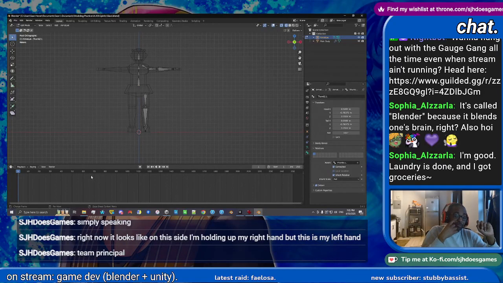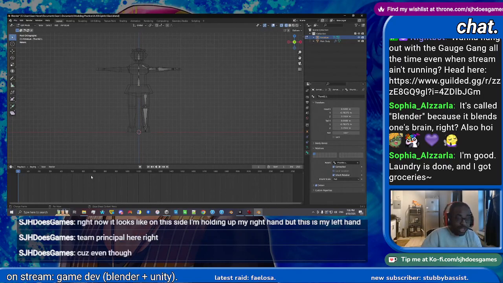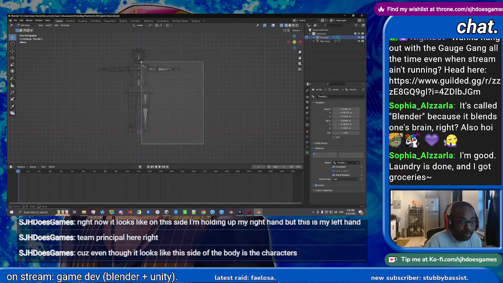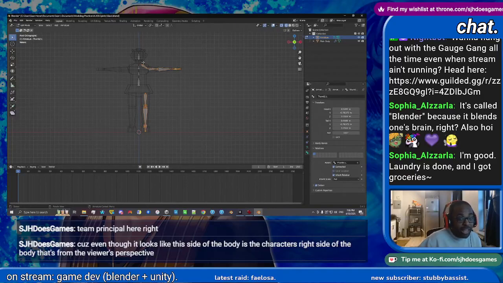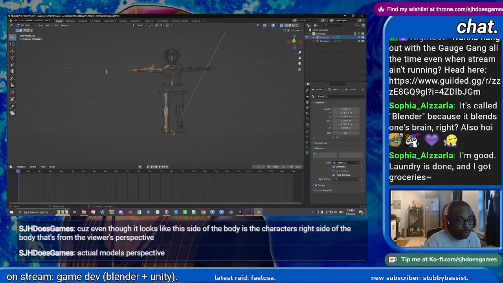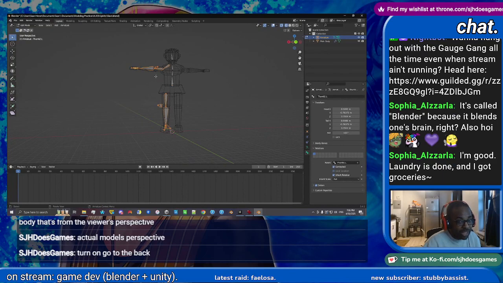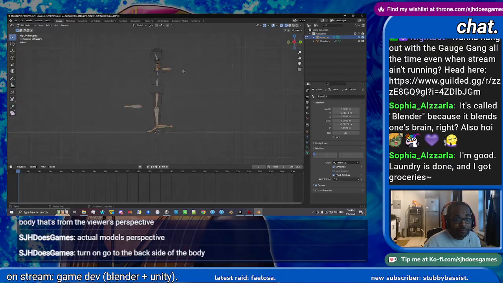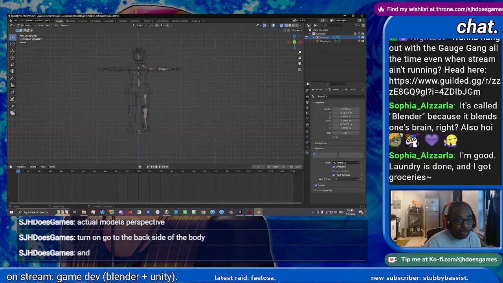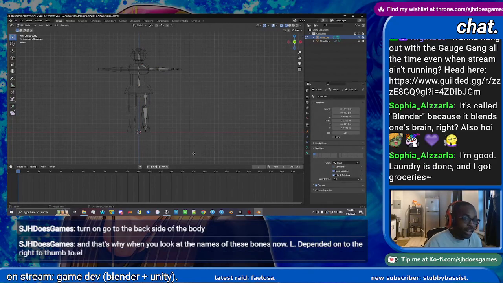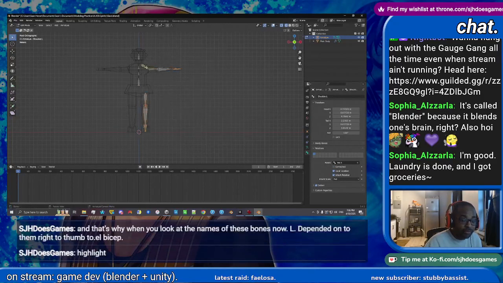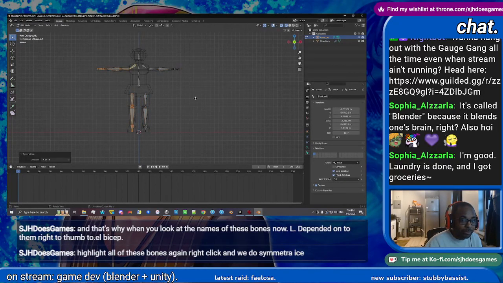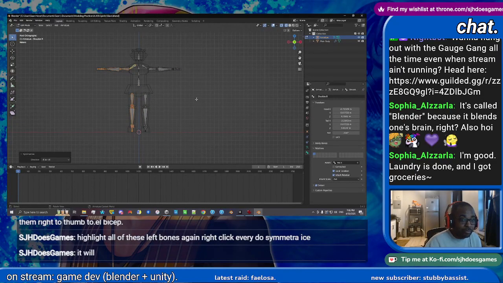Same principle here, right? Even though it looks like this side of the body is the character's right side, that's from the viewer's perspective. From the actual model's perspective, if we turn around and go to the back, it's the left side of the body. And that's why when you look at the names of these bones now, .L got appended onto them, right? So thumb2.L, bicep.L, shoulder.L, etc. Now, if we highlight all of these left bones again, we right click and we do symmetrize, it will automatically